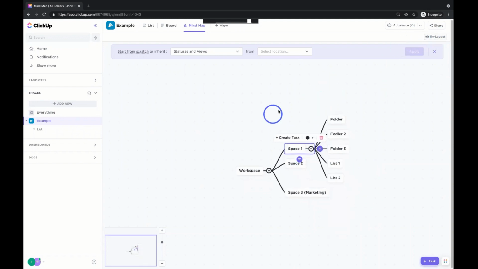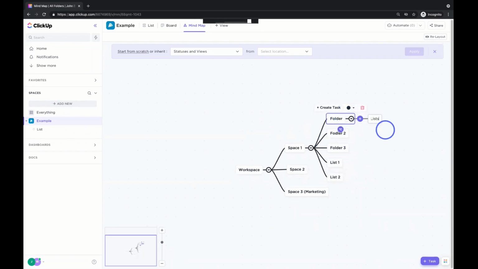If we hit that nice little relay out button, you're starting to maybe see what I call the hierarchy tree take shape. We've got the workspace, it's divided up into spaces, and those spaces are divided up into folders and lists. And these folders will likely contain lists, right? So we're going to have list 1 and list 2 and then list 3, right? Again, we're showing you how this is all going to be organized in your account once you have it built out. We want to show you the end goal there so you know this is what we're striving for, right? So we've got a workspace, spaces, folders, lists, and these lists will contain those tasks we talked about.